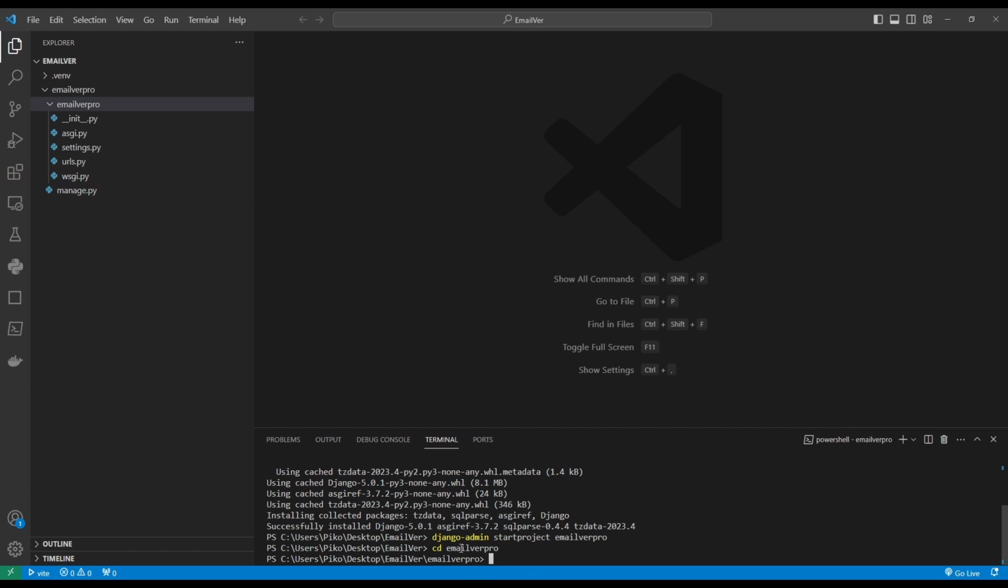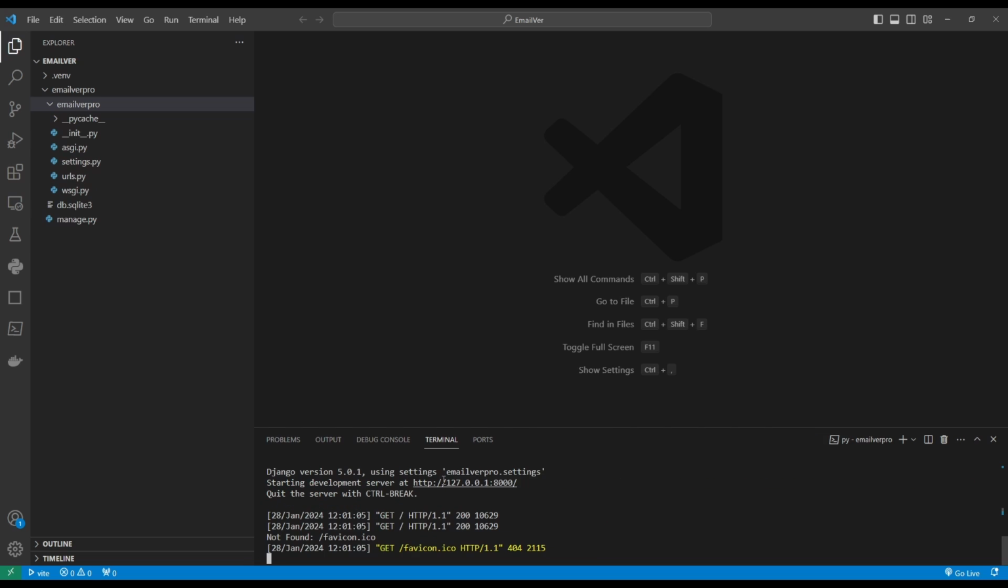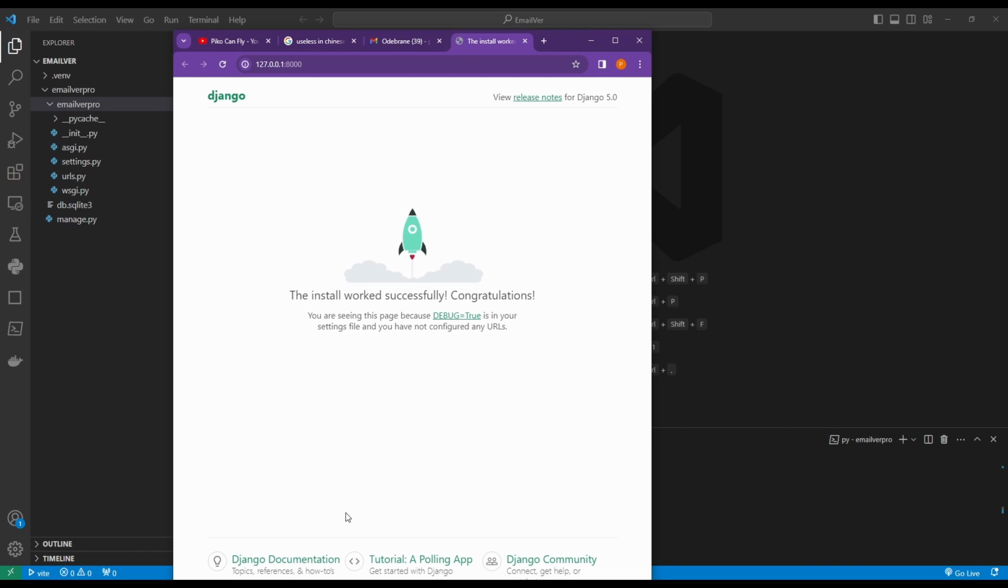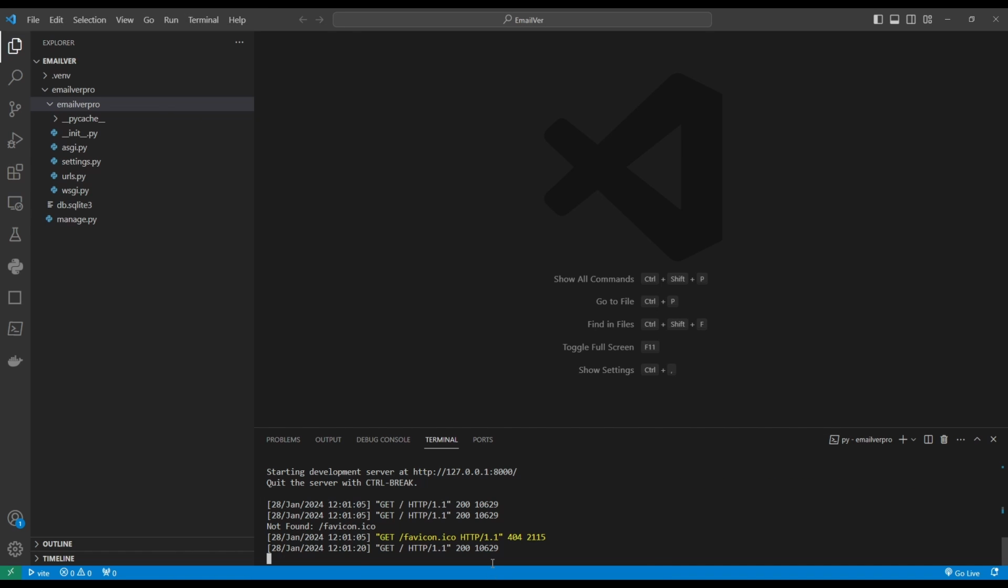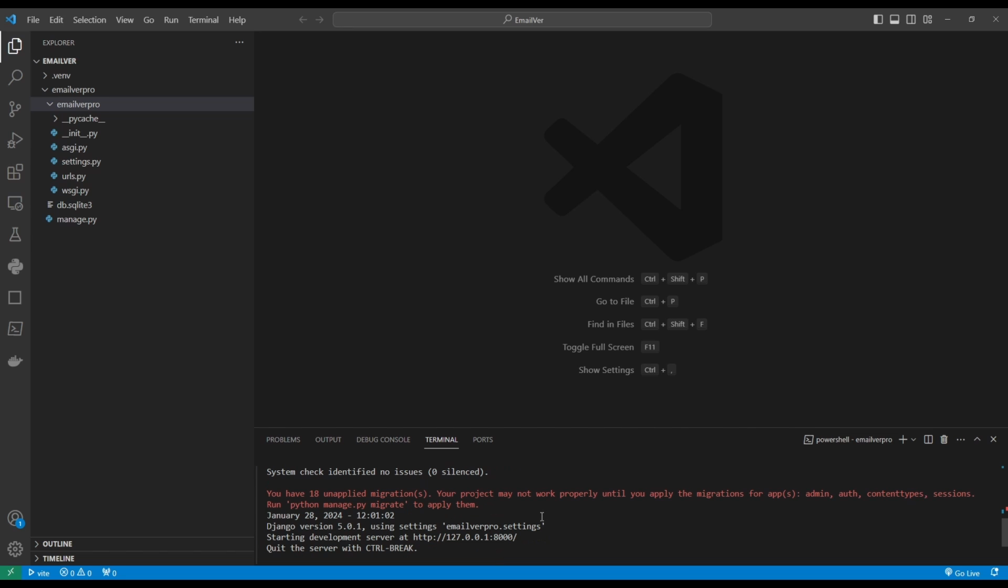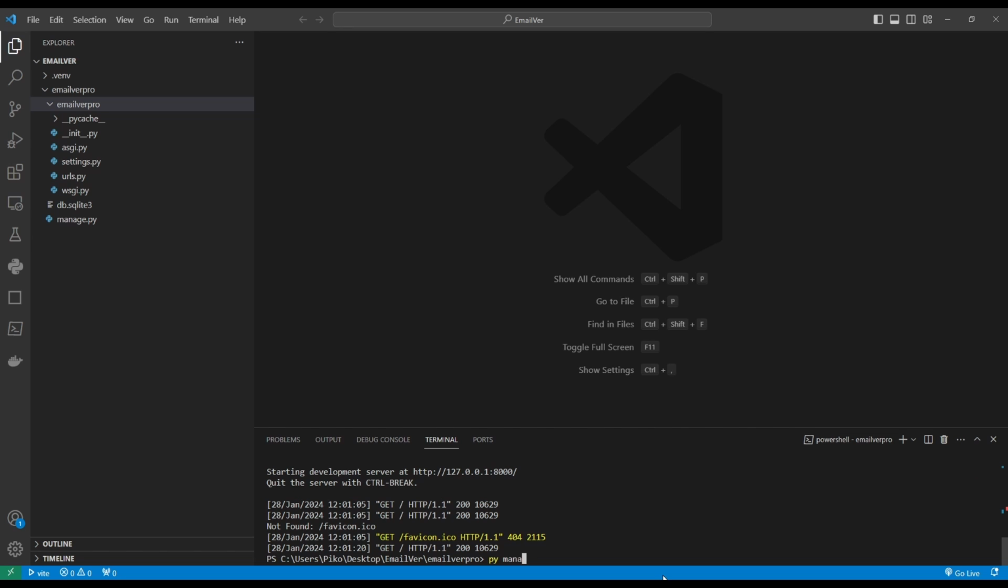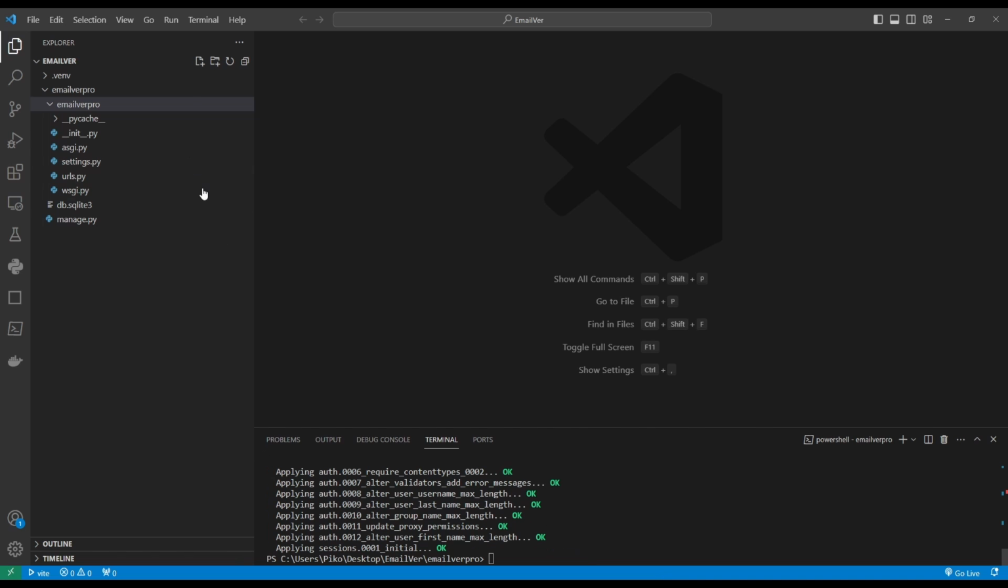And let's use manage.py to run the server. So py manage.py runserver. Let's follow the link. Ta-da! Okay, now let's disconnect the server again and let's run migrations. py manage.py migrate. Alright, so since the point of this video is to learn how to create email verification, let's